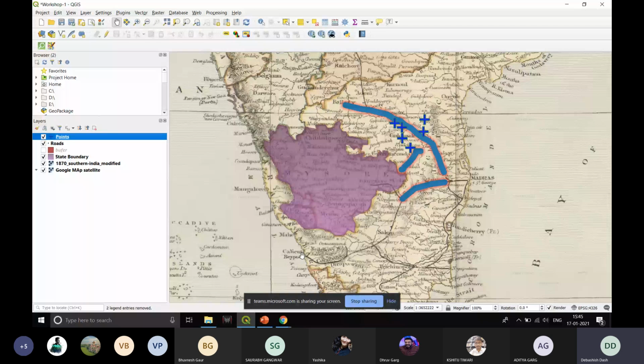Okay. So we are starting from the point where we left off yesterday. I'll give you a quick recap of whatever we did yesterday. In the last session, we discussed all the types of data that we basically use in GIS. We also discussed georeferencing of raster data, digitizing in GIS using the QGIS software, and some geoprocessing tools, and we also took a brief idea about how to manipulate the symbology of all the layers that we work on in the QGIS software.